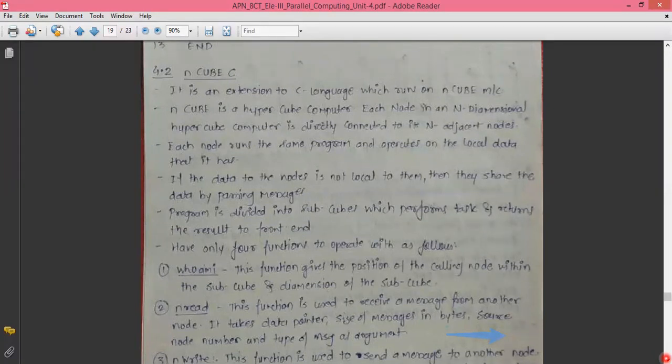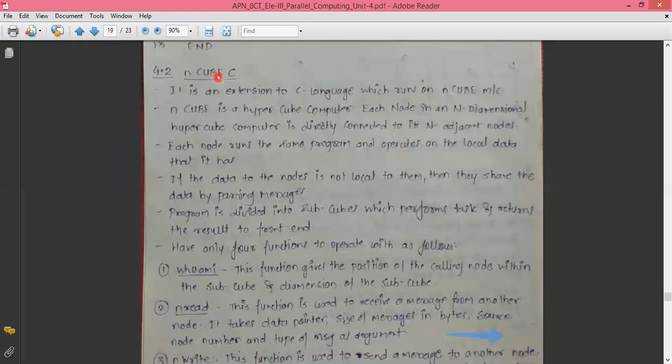So the first language introduced is Fortran 77. The next language introduced is a newer version of it, Fortran 90. And next to that, there is the NCubC parallel programming language. As the name suggests, you already know the meaning of cube: a square of elements connected with each other, having edges and vertices.